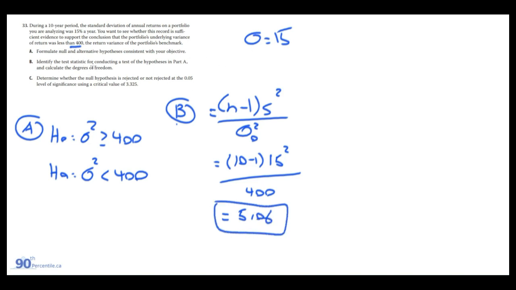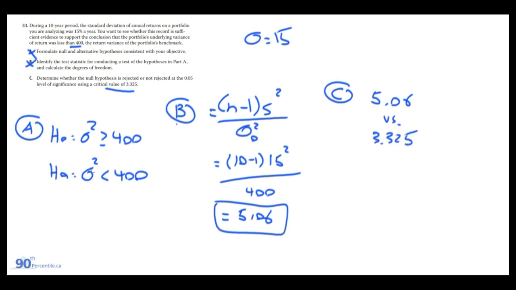Now the steps are all the same. So this is done, this is done. All we have to do now is compare this test stat to the critical value and see if we reject. So we have a significance level of 0.05, which doesn't matter because we're already given the critical value. This is what's really important. And now we have 5.06, which is our test stat, versus